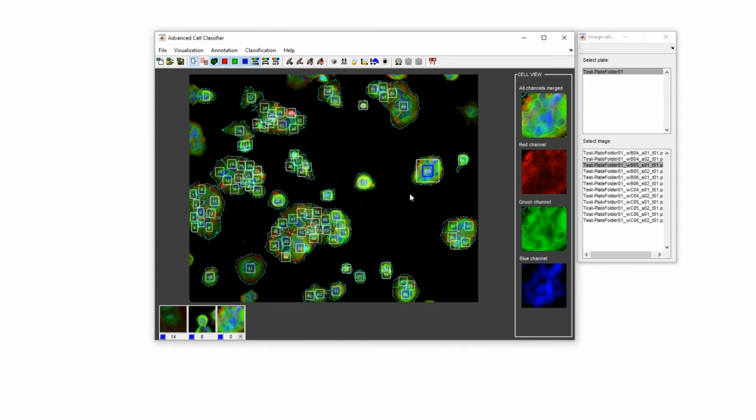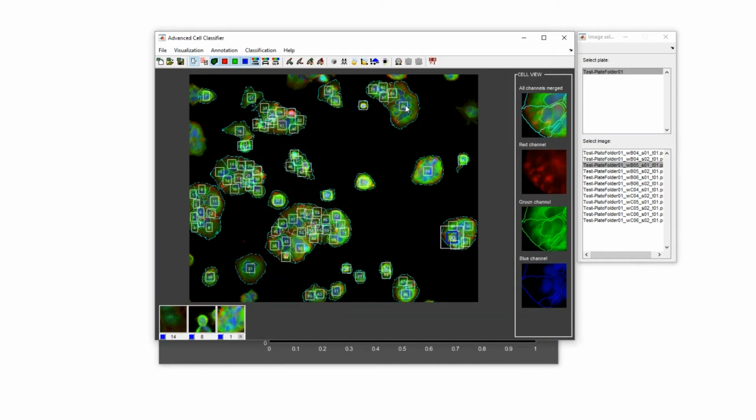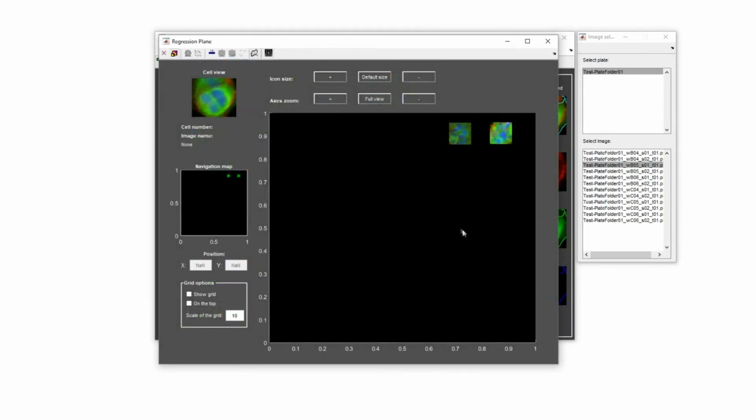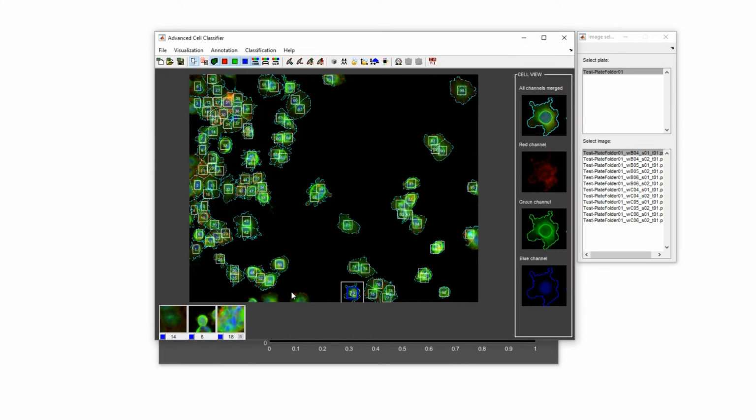Then, to annotate a cell in the newly created class, simply click on the cell and then on the icon of the class. The regression plane appears. Now, by left-clicking on the regression area, you can place the selected cell. By repeating this process, you can annotate a number of cells. If you wish to examine the regression plane you created, simply click on the little R button below the class